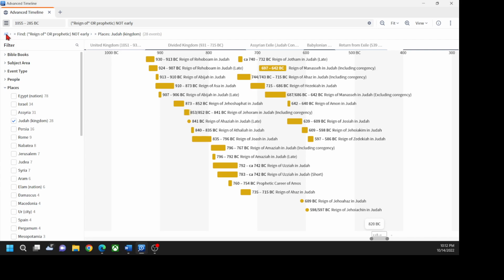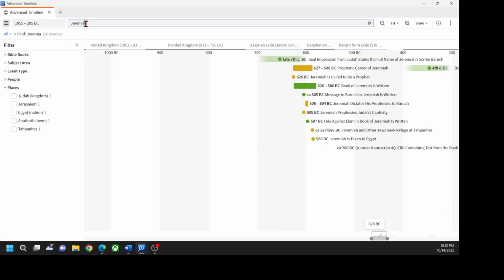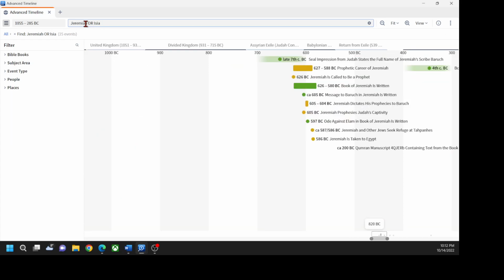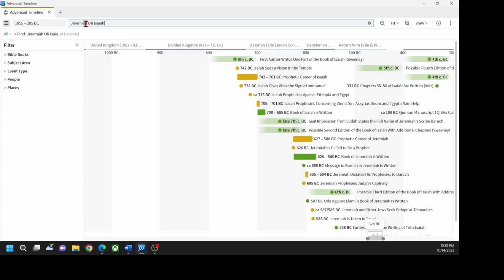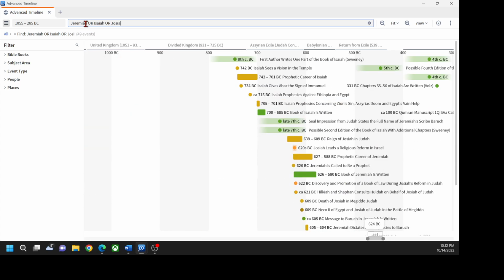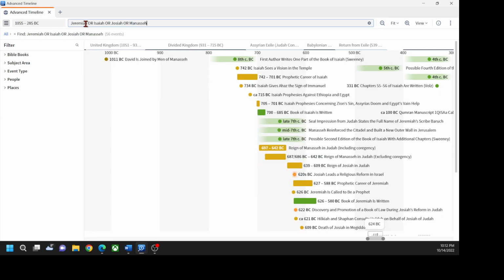So we could go back to an all search here, and we could simply say, well, I want Jeremiah, I want Isaiah, I want Josiah, I want Manasseh, and on we go. And provided you spell it right, this will just give you all of